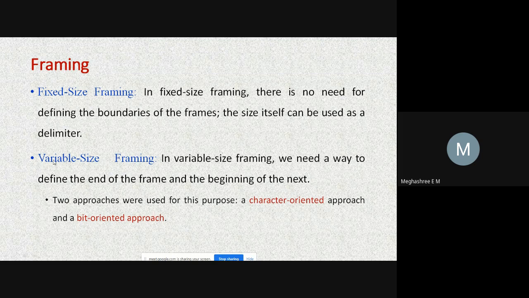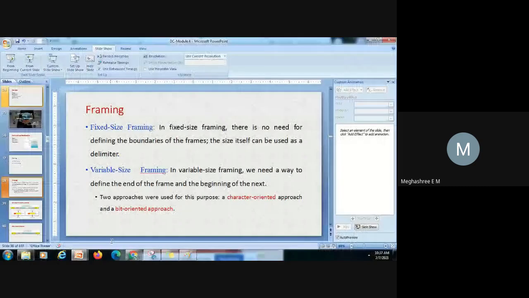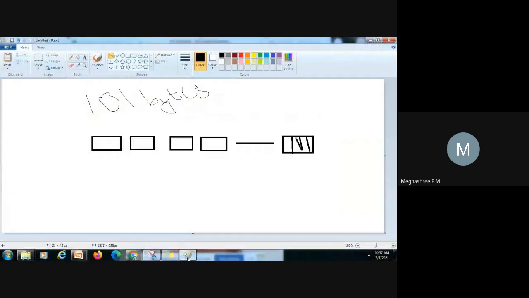Now, the second type is variable size framing. As the name says, the size of the frame varies, right? So here, let me consider the same example, the packet which is received from the network layer. The size of the packet is 101 bytes, and